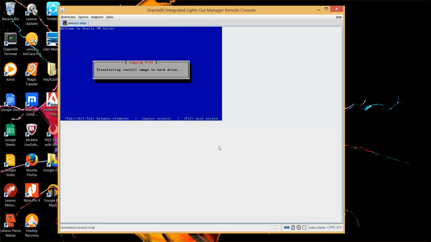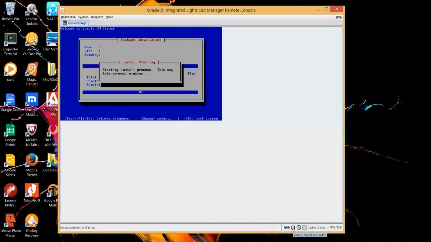Now it is transferring the ISO image to the host, and then it will start setting up the host. It will take a while before the ISO image is copied.